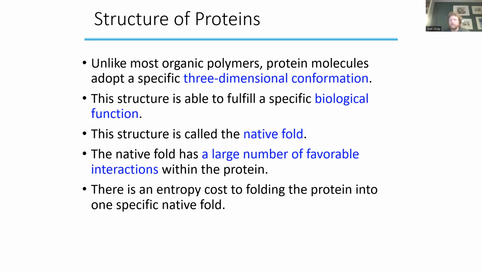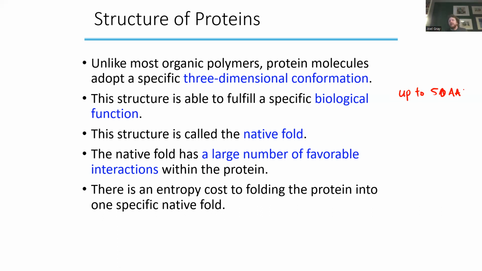Now, the difference between them is that generally, anything up to 50 amino acids is going to be referred to as a polypeptide, whereas anything above is going to be referred to as a protein. Now, the structure of proteins is of extremely great interest because you're kind of operating on the